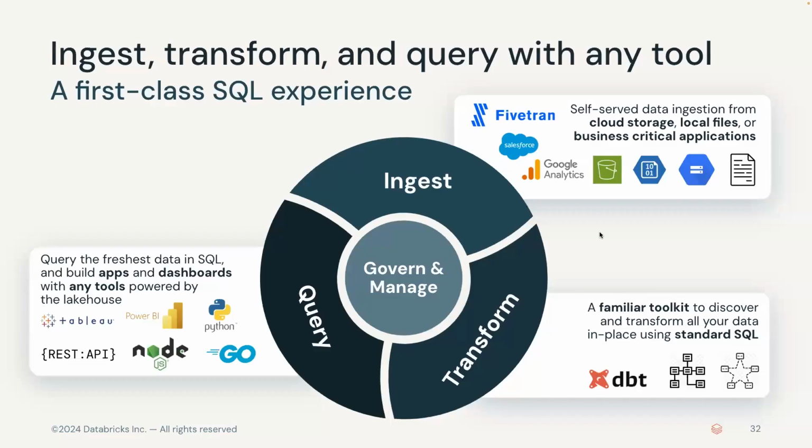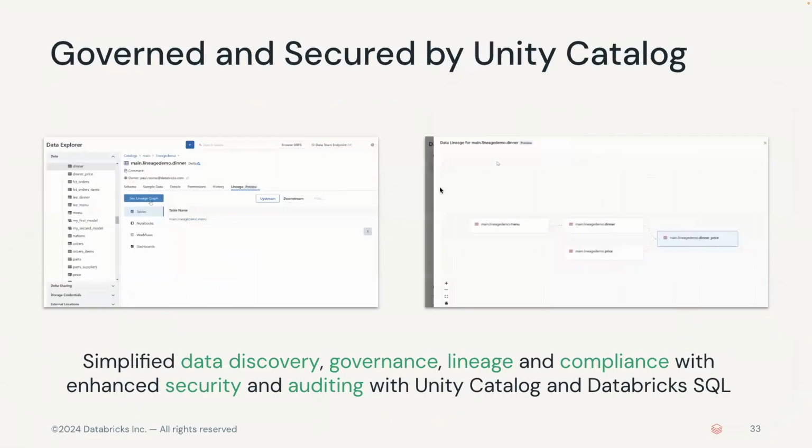When you query this data, you can use an API if you want to use it via an app, or directly connect to your favorite Power BI or Tableau reporting tool, and then get insight on top of your data. Now, as Databricks is governed and secured by Unity Catalog, you'll be able to set permissions not just via UI, but also via API or SQL. Databricks also provides the capability of discovering where your data is, so you don't spend a lot of time figuring out where, say, your sales data is. At the same time, it also gives you lineage.